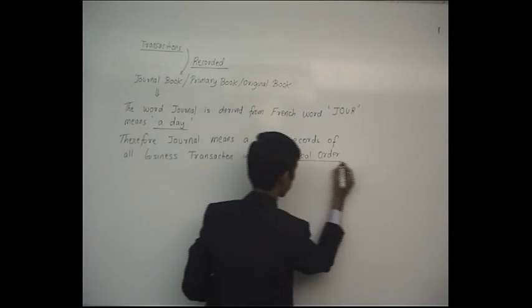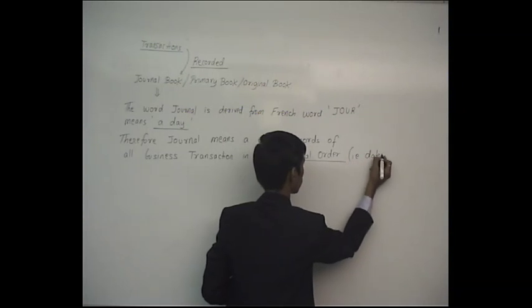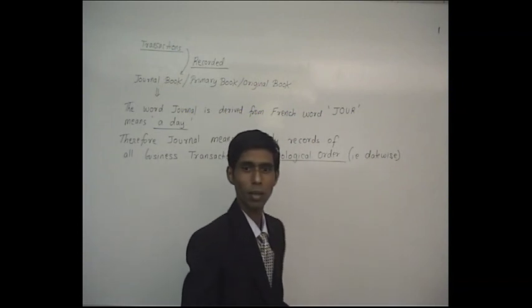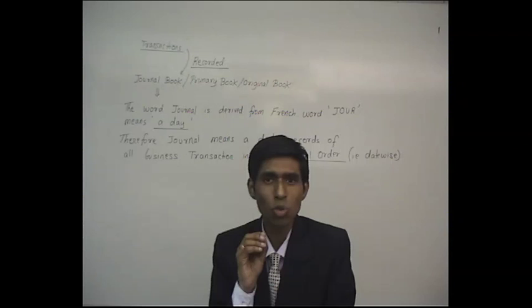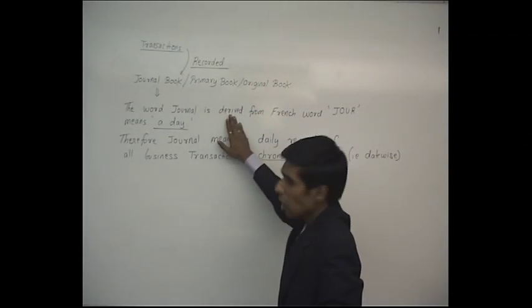When I am talking chronological order, that is nothing but date wise. Date wise. So can I say in a simple sentence, that the word journal is derived from the French